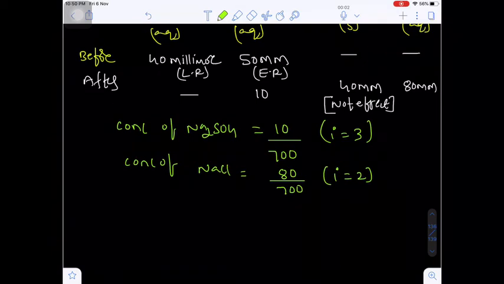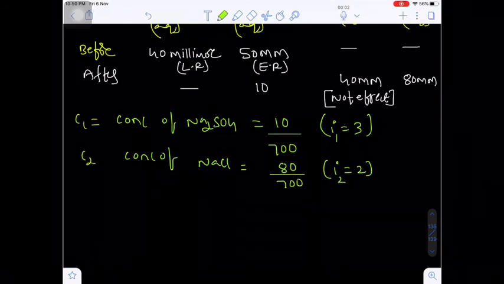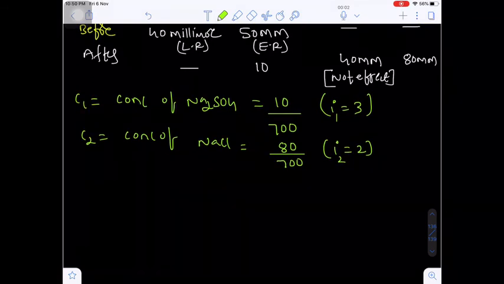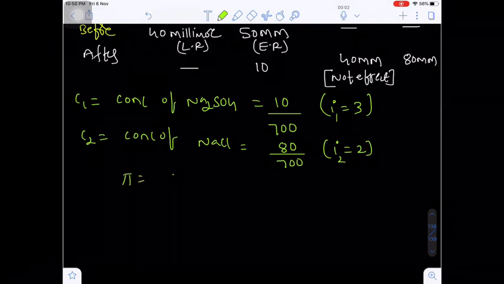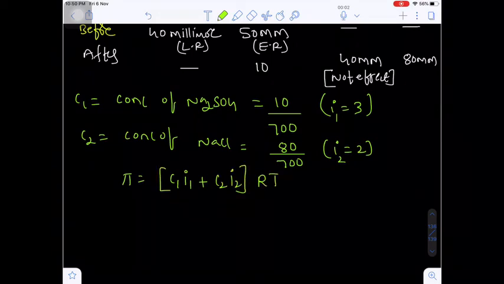Are you getting my point? Let's suppose this is the Van't Hoff factor i1, this will be Van't Hoff factor i2. Here the concentration C1, here the concentration C2. Now the pi value equals (C1 i1 + C2 i2) RT, because R is constant and